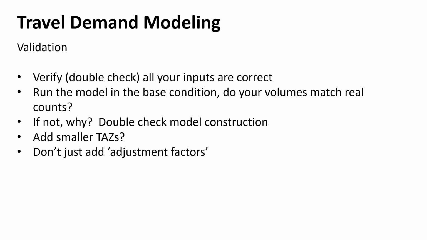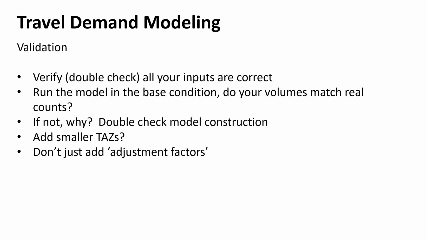And don't just add adjustment factors. This was a problem, or it can still be a problem, right? You can add a weighting function to roads, kind of like a friction factor on certain links. And if your model's not working right, it's easy to just throw in a constant, like that B naught term in our formulations. You can tune it that way, right? You turn the knob and adjust it so the predicted volume on a certain road matches a count you have, just because you threw in these adjustment factors. There's a bad way to do this, right?